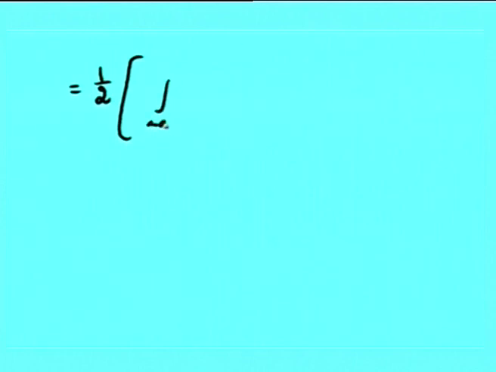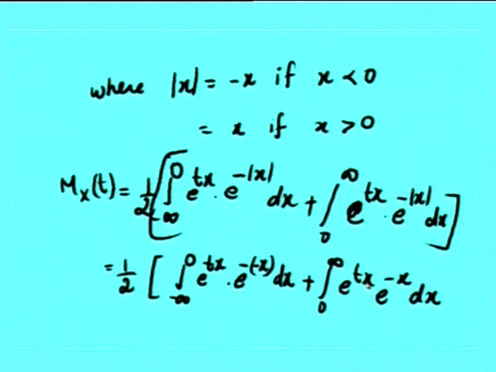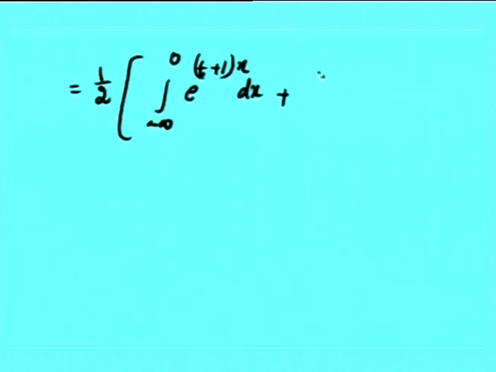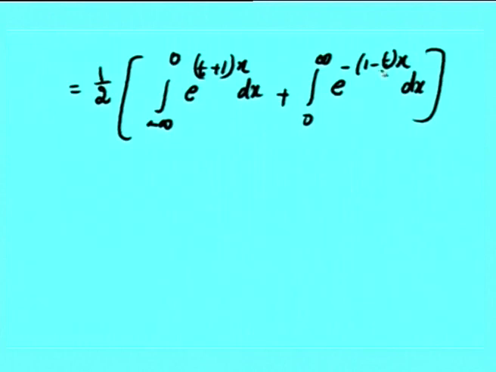1 by 2 minus infinity to 0 e power t plus 1 into x dx plus the previously you are having t minus 1. I am going to write it as minus of 1 minus t, integral 0 to infinity e power minus of 1 minus t x dx. So, that when you integrate and you substitute the limit to infinity, it becomes e power minus infinity. So, here we should have this 1 minus t particularly as a positive quantity, that is this 1 minus t should be greater than 0 or you should have t is less than 1. Okay. So, what happens to the integration?